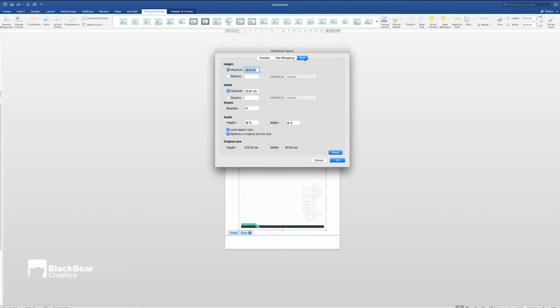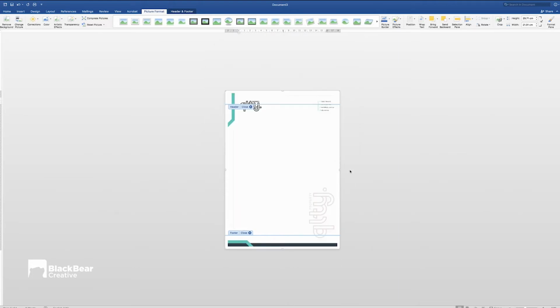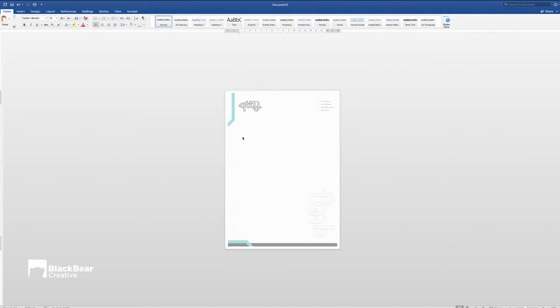And size. When you're in size, make sure the width here is at least 21 centimeters. So I'm going to get as close as we can to 21. So about there. Okay, cool. Once that's done, I'm going to press OK, and that should be the right size for the page. So when you click close, it all sits nicely in the background. I can't move it. If I just click on here and drag, it won't move, and that's pretty much what we want to happen.